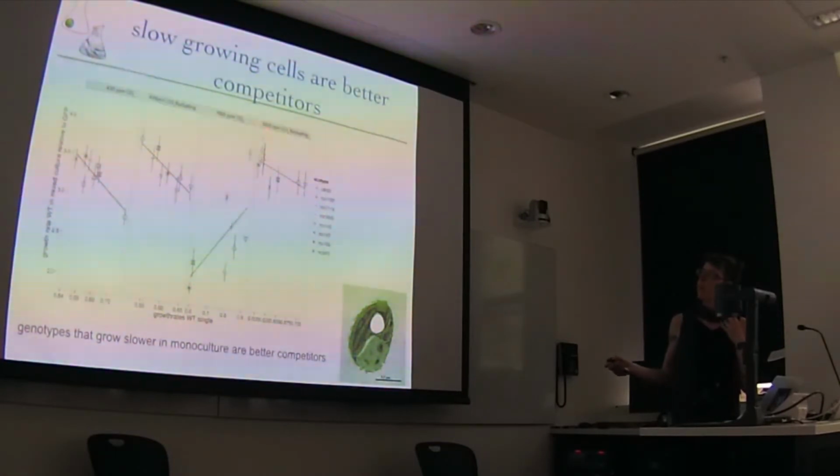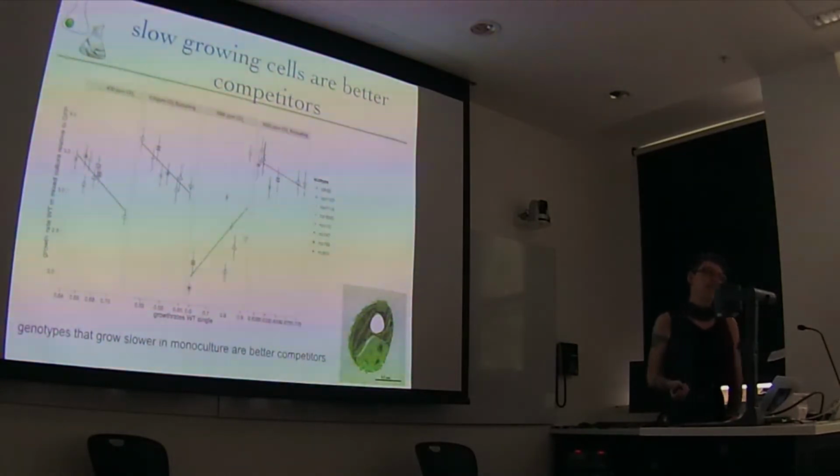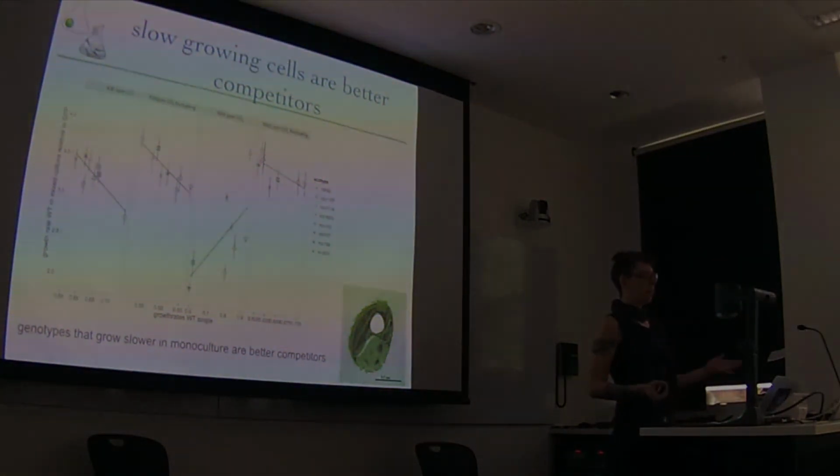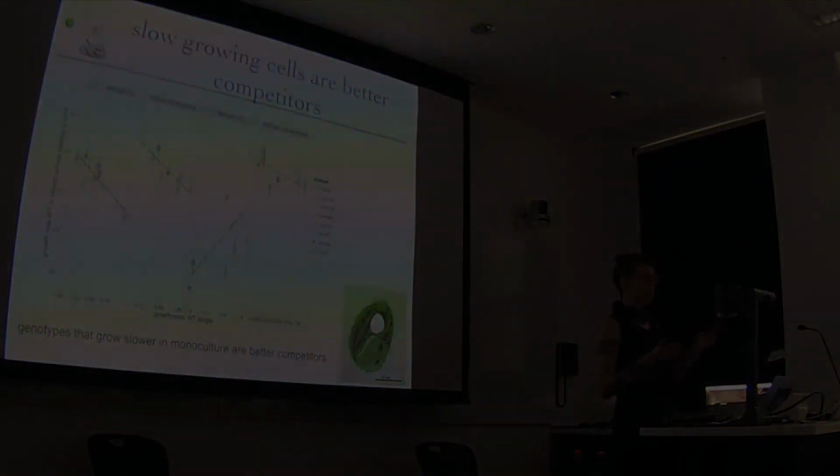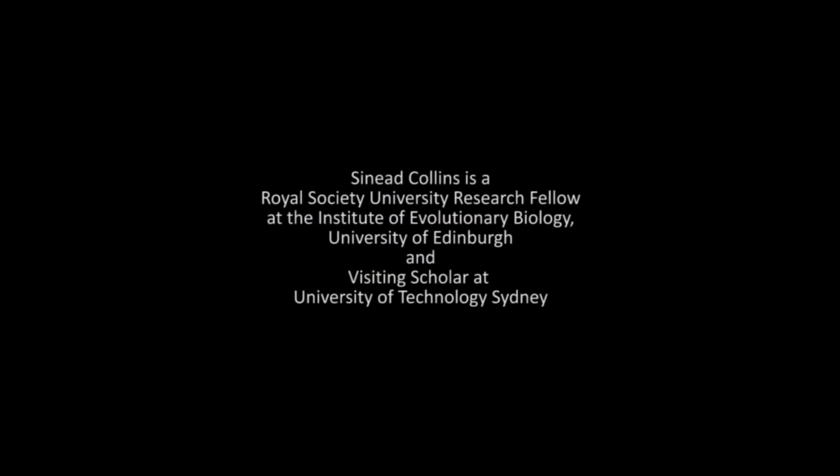And these are just the different environments. So this is the control environment. This is the control environment where we selected for plasticity alone. This is the high CO2 environment. And this is a high CO2 environment where we selected also for plasticity. So you can see that it's not about CO2. It seems to be a general thing that within a reasonable range of growth rates, if you grow faster, you're actually a poor competitor. All the competitors do better than GFP because Ostreococcus hates